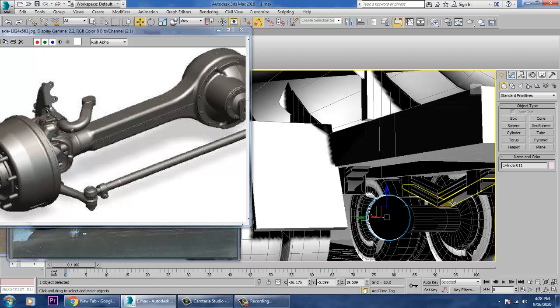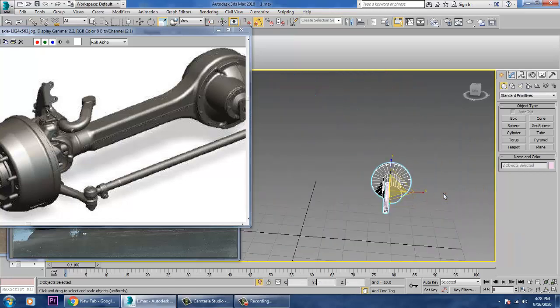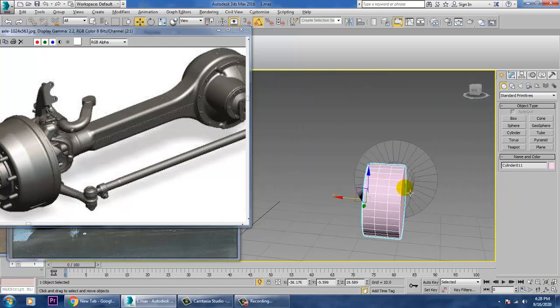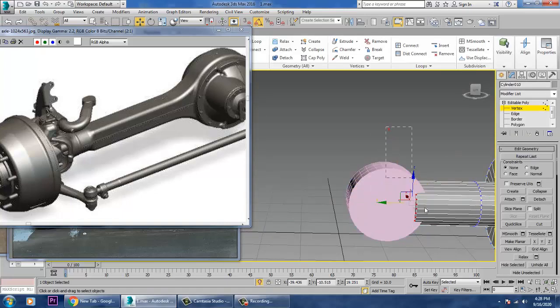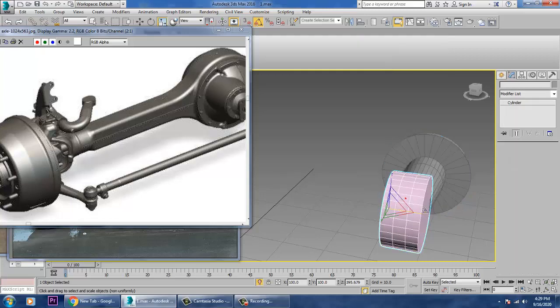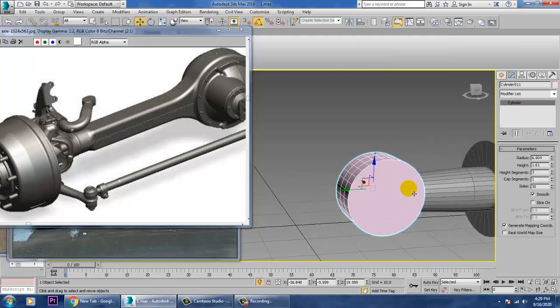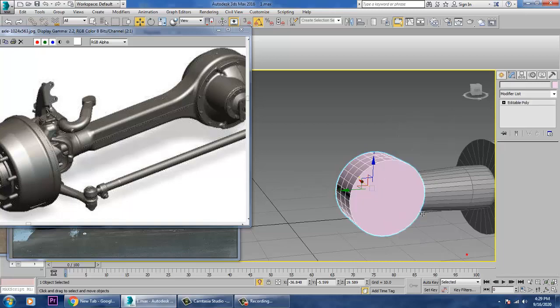If you require, then only you join, or else you can just keep it as it is, not a problem. You can just scale it if it is really required. So convert to editable poly.